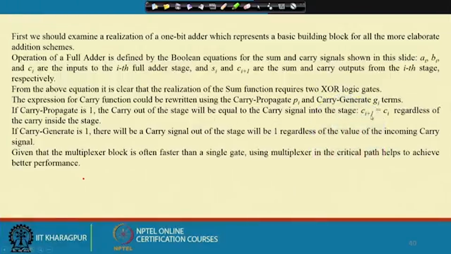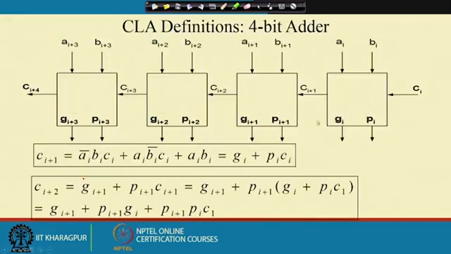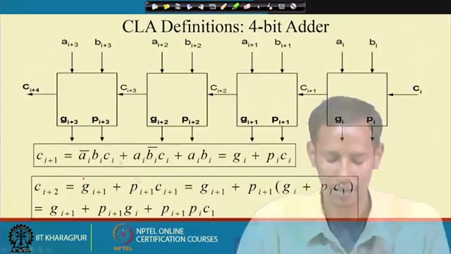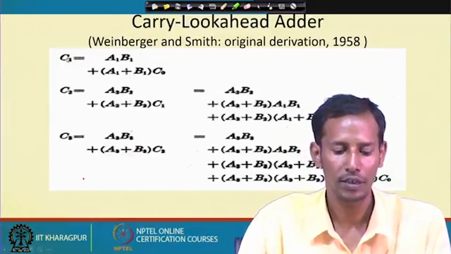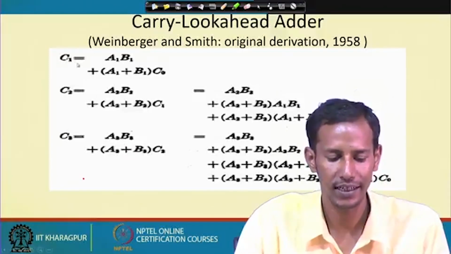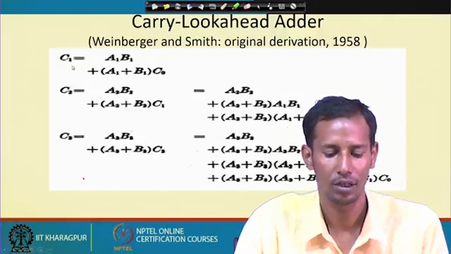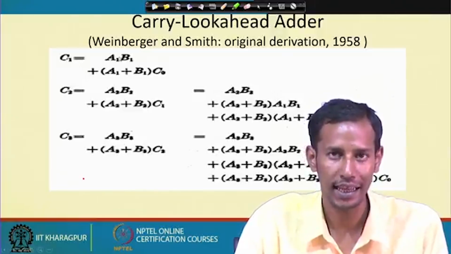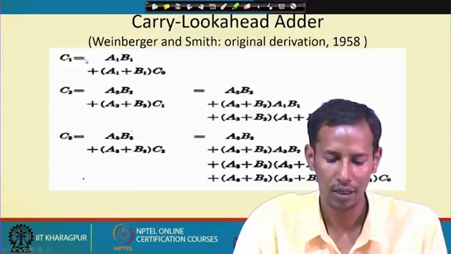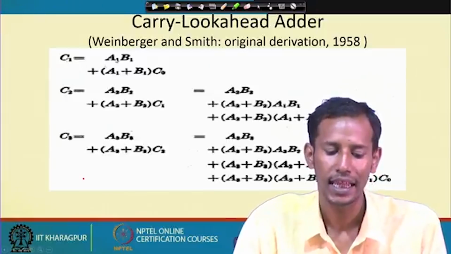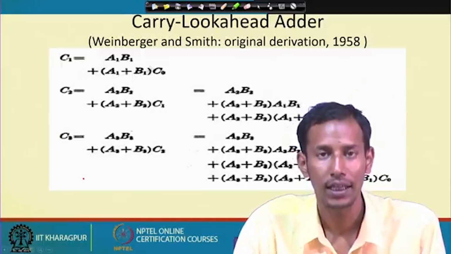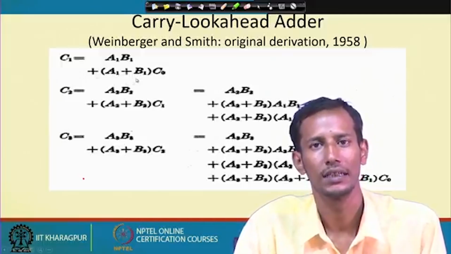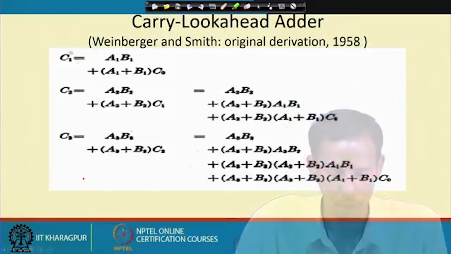So, if we take this example, this is the carry which is generated at the very first level. What I have written is that the carry is A B plus A XOR B into C in. So, for the first level,